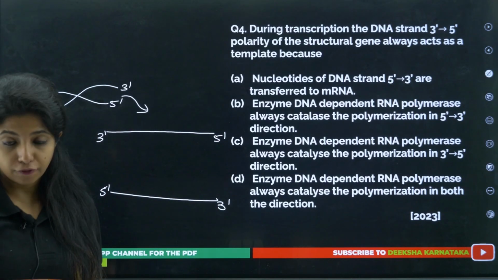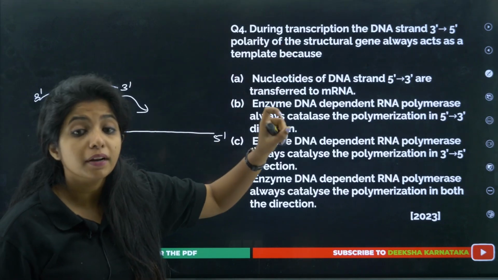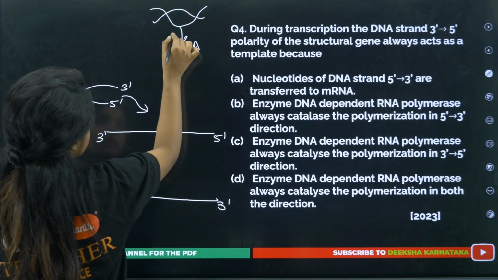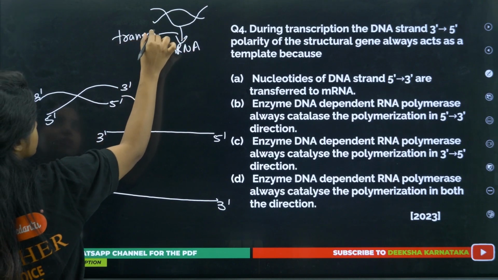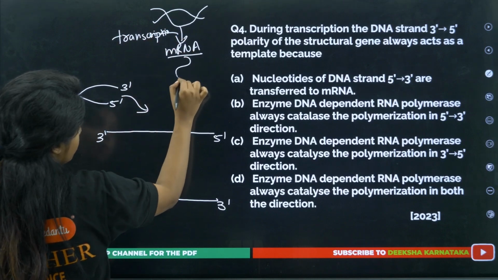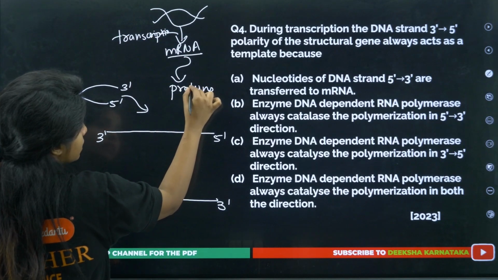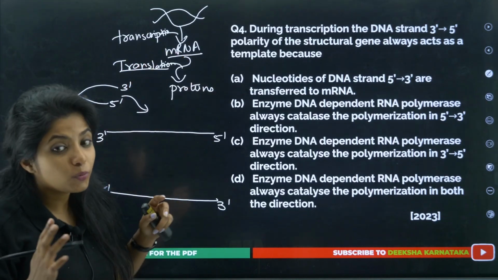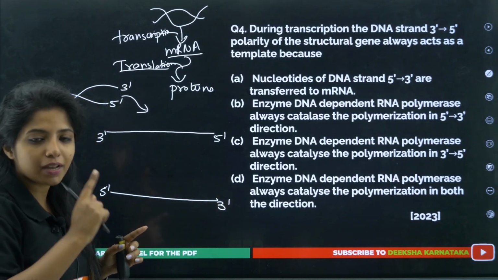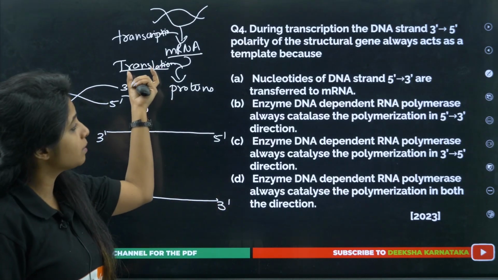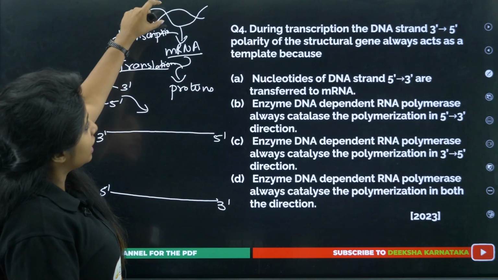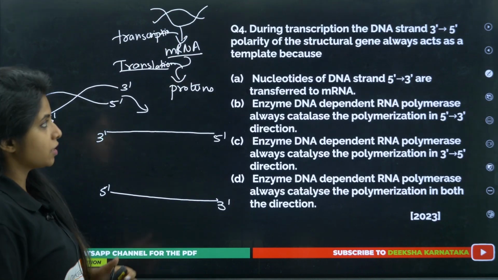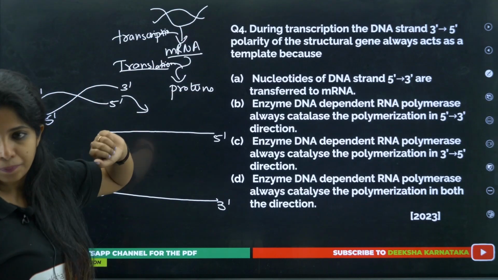Works? Now listen to me carefully. The question says, during transcription. What do you mean by transcription? When DNA makes an RNA out of it, this is known as transcription. This mRNA which is being formed helps in the formation of proteins, and this is known as translation, where I am translating the information of the mRNA. No one is able to understand the language of mRNA, but there is one guy who will be able to understand, that is the tRNA. So it helps in translation, and hence we get the proteins. So in a way DNA is helping in the formation of proteins, but over here we need an intermediate, that is mRNA. Now during transcription, that is during the formation of mRNA,